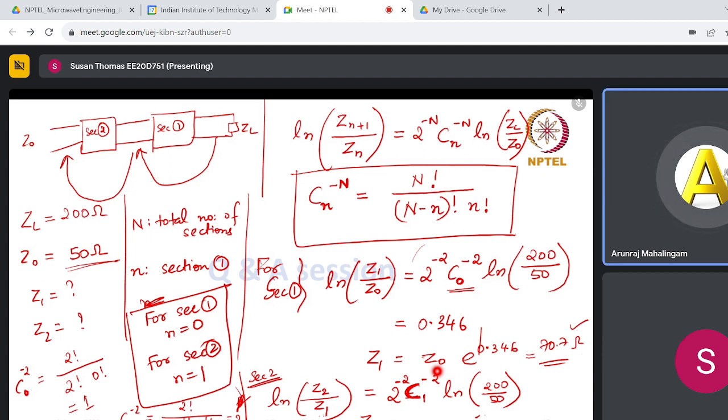Madam, the right side is 0.6931, or 0.315? Correct. So, Z2